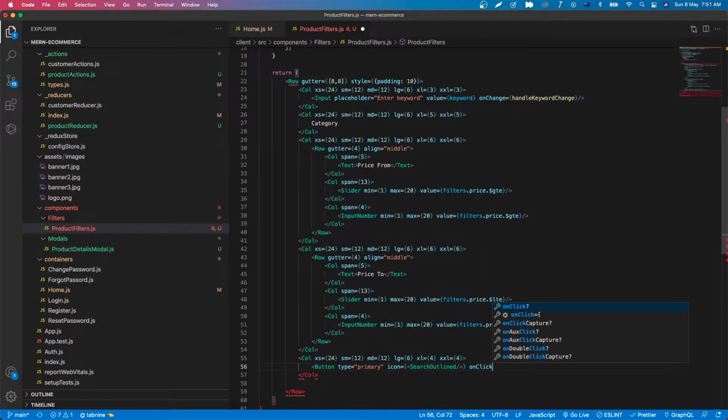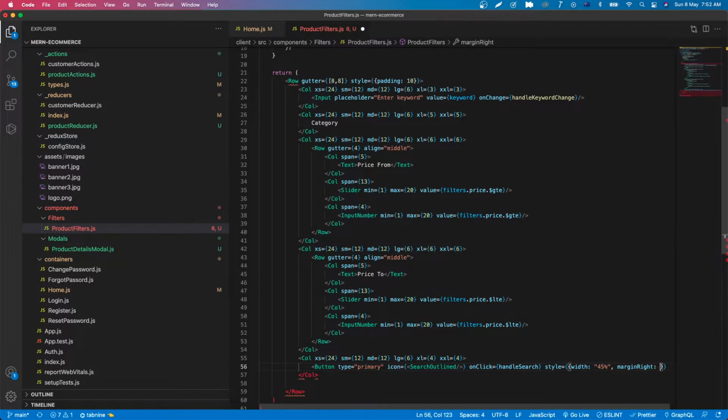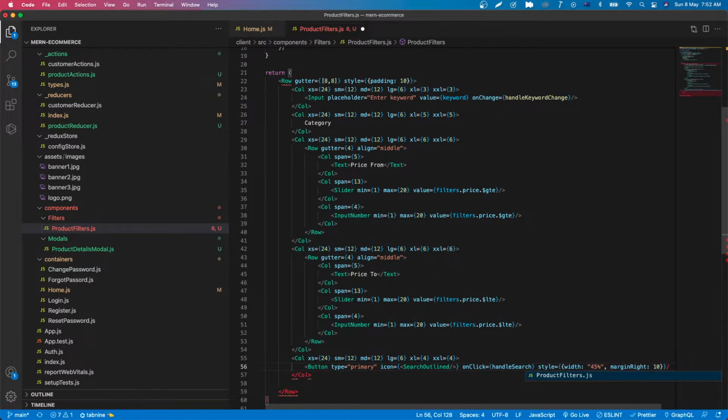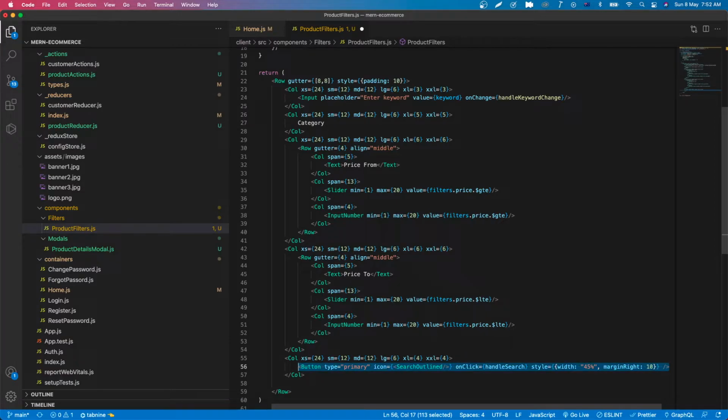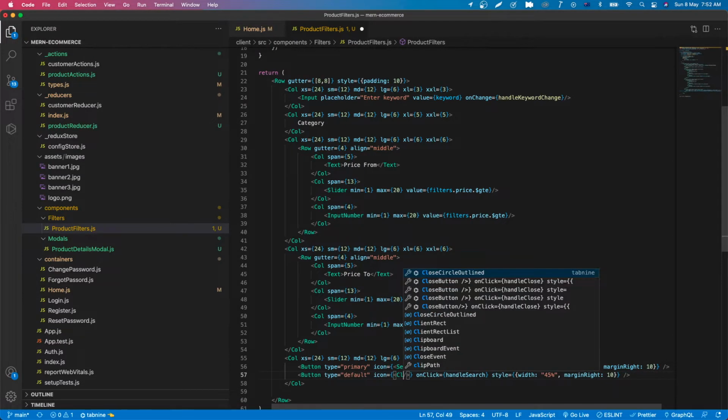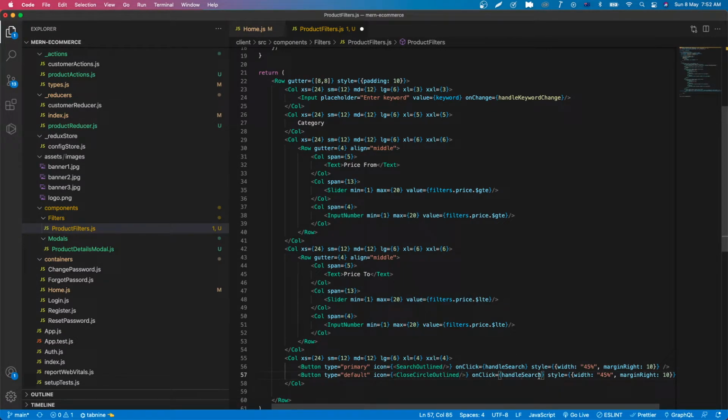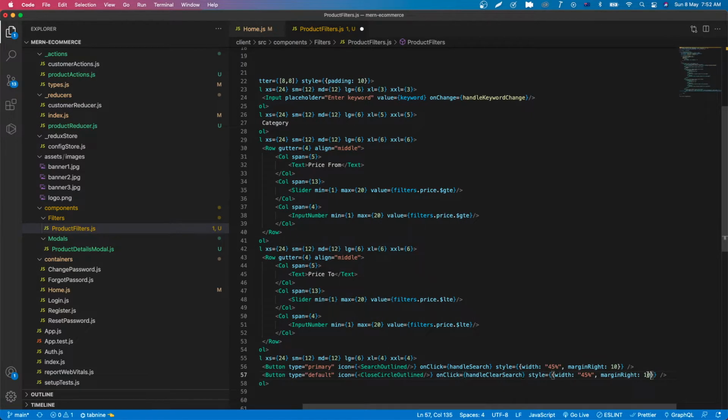We have the onClick event handleSearch and the style width 45%, margin right 10, and let's close the tag. We copy the button, and this one would be default, and the icon is close circle outline, and onClick event would be handleClearSearch. We will remove the margin right,